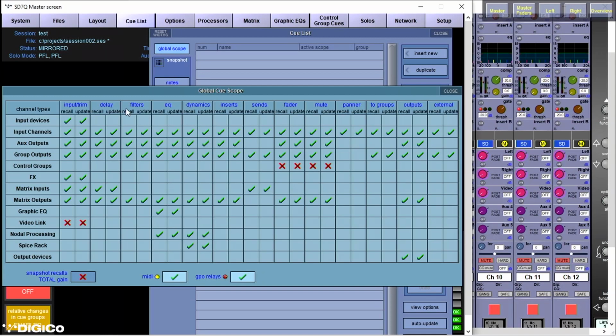MIDI and GPIOs at the bottom are in. The snapshot recalls total gain, the bottom left-hand corner, is relating to if you are sharing racks between multiple consoles. So you've got front of house and monitors, both with cue lists, and you are sharing a rack, you could have a situation where one console makes a gain change, and you don't want that necessarily to affect the other,